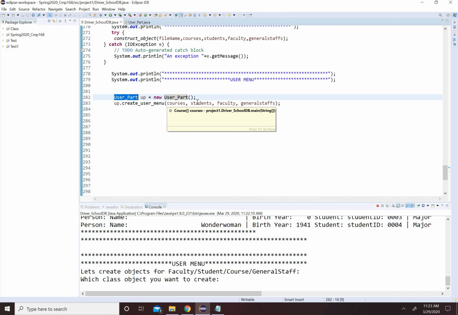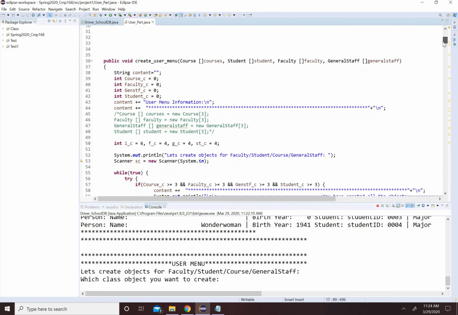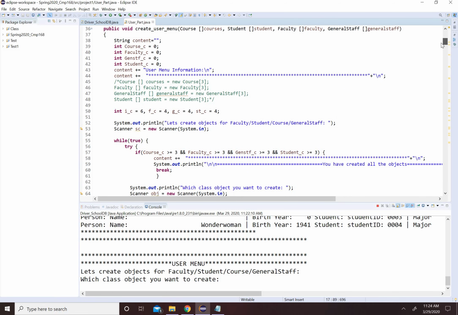the information from the database, so that when we are creating new objects, we can append that information to all this previous database information. For the user part, the create user menu method, at first I'm creating the objects that